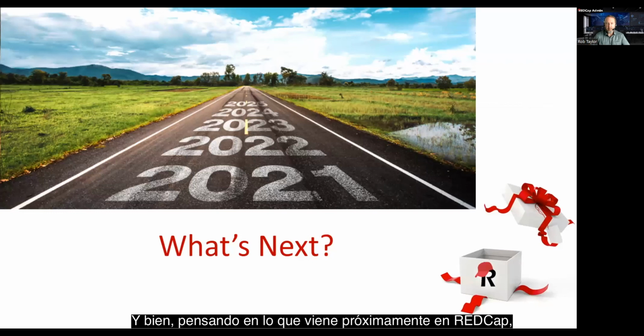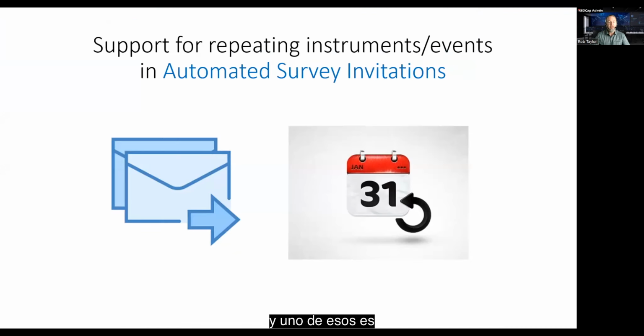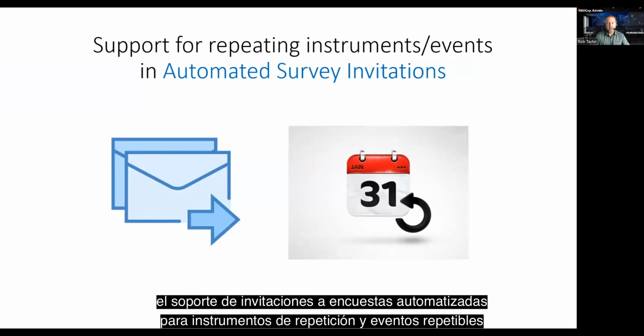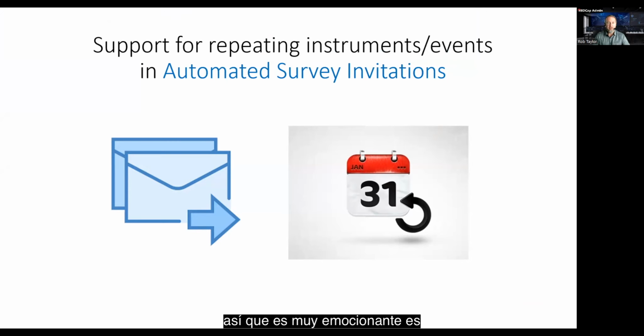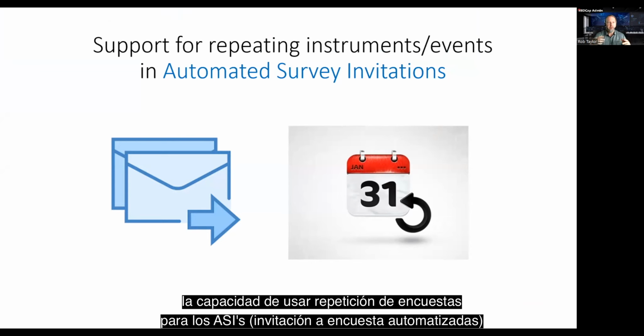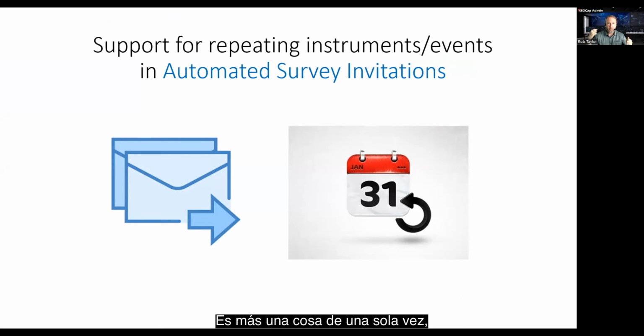All right, thinking about what's coming up next in REDCap, some pretty exciting things that we've been thinking about and working on with our team here at Vanderbilt. And one of those is support for repeating instruments and events in automated survey invitations. It's very exciting. It's very complicated to think about this option, because we've never had the ability to use repeating surveys for ASIs before, for automated survey invitations. It's more of just a one-time